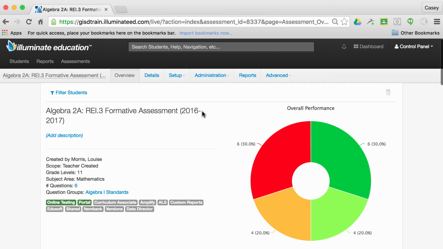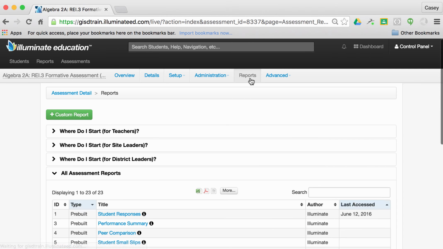You may be able to move past teaching or reteaching a concept to the whole class because only a couple of students perform poorly on that standard. You would then differentiate some of your instruction to make sure to help the couple of students that were struggling with the standards. If you want to get back to see individual results, then you can click on Reports and